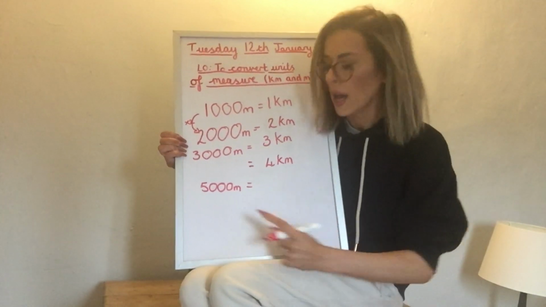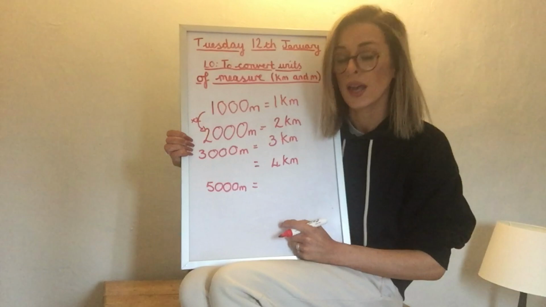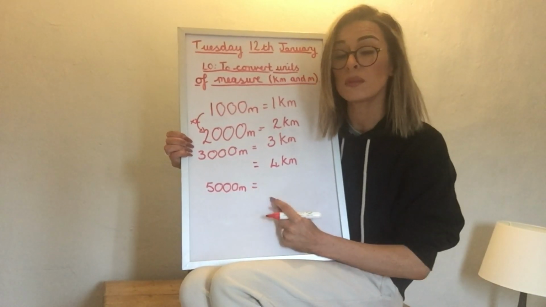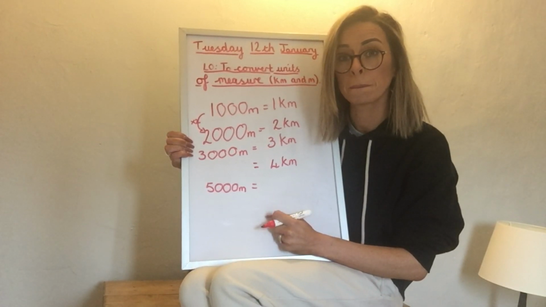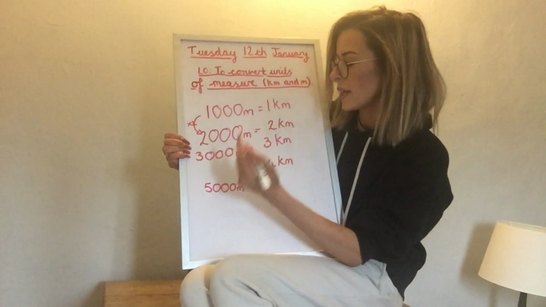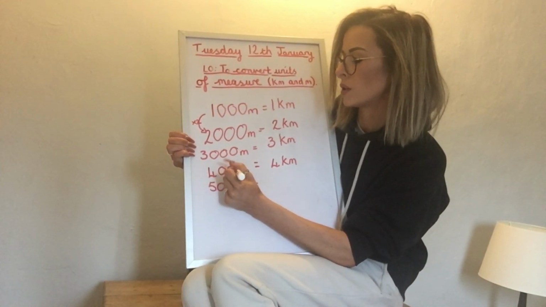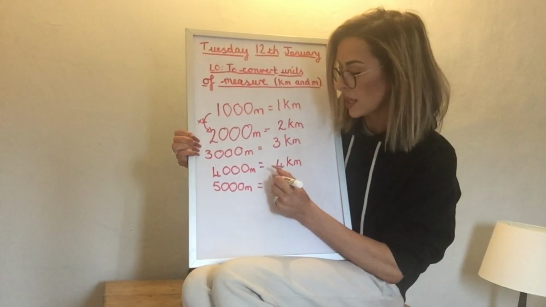Okay, so how many metres in 4 kilometres? And how many kilometres is 5,000 metres? Pause the video, write down your answers. Yeah, absolutely. 4 kilometres is 4,000 metres and 5,000 metres is 5